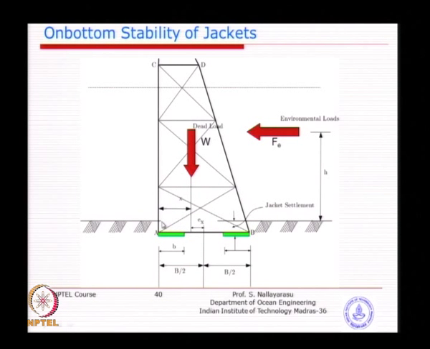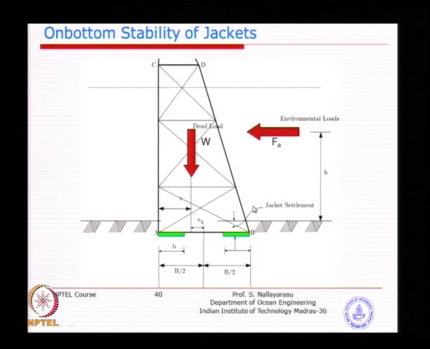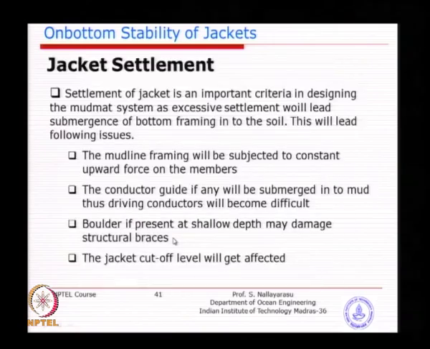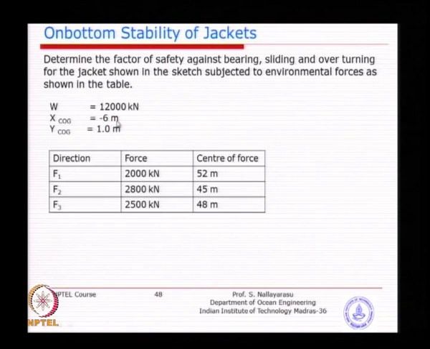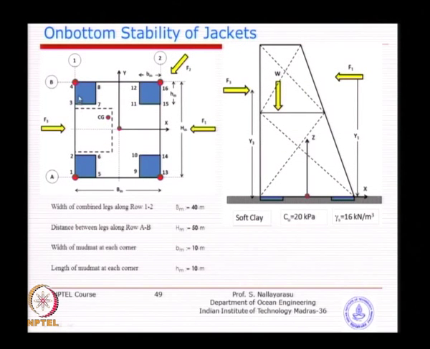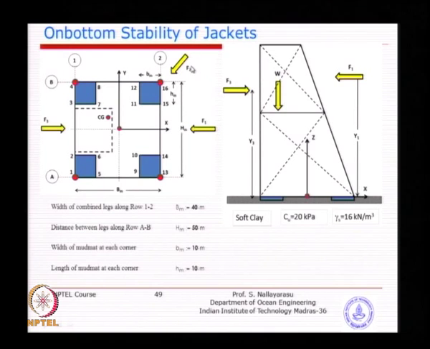So, if the COG is going towards here, it is no good. If the COG is coming towards the other side, for example, you will have no problem. So that is where we need to determine, depending on what COG is given to us in this diagram. COG is on this side, we know x is minus 6 meter. So you simply find out the distance from grid 1 towards the COG. That means half the width of the jacket, which is 20 meter minus 6, we will get 14 meter. 14 meter multiplied by the weight of the jacket will give you the resisting moment against overturning due to load arising from F1 or from a component of F2.